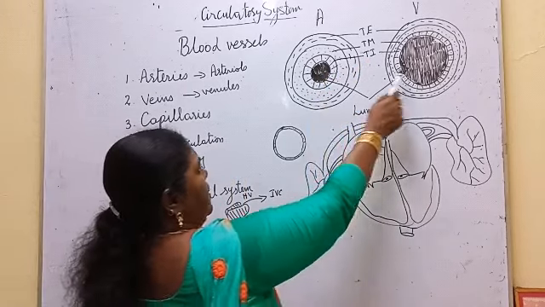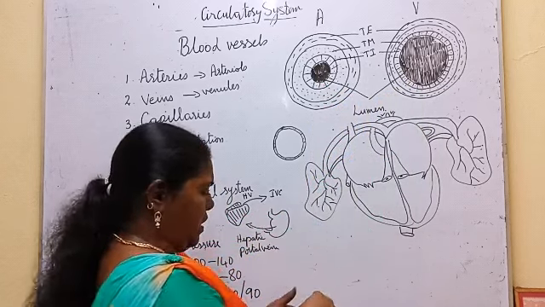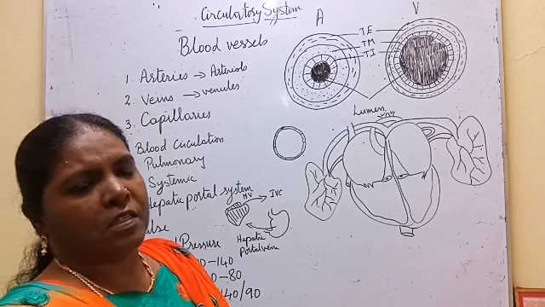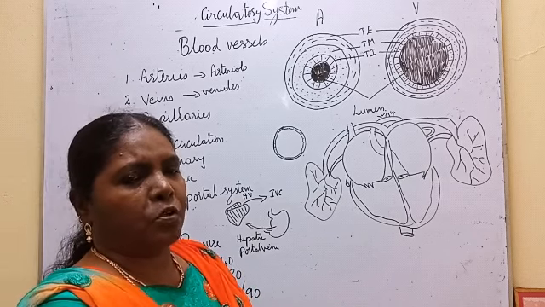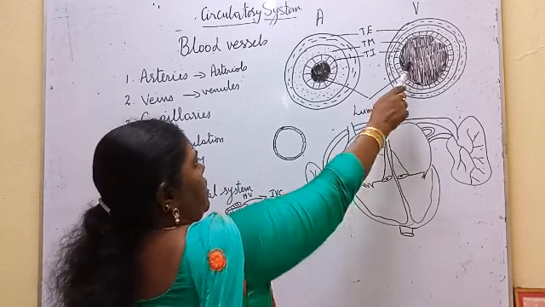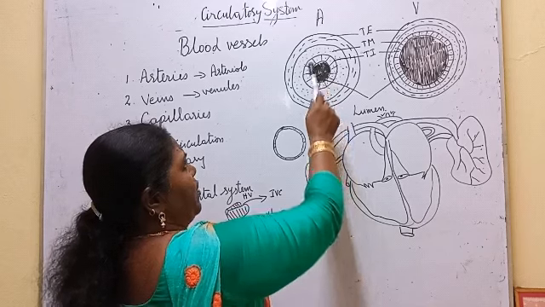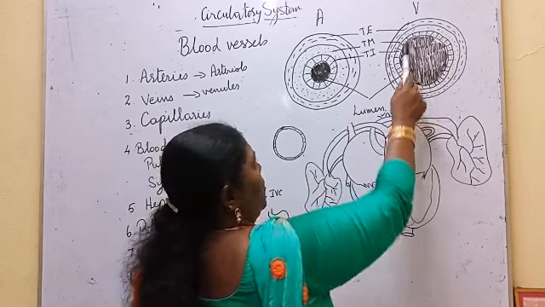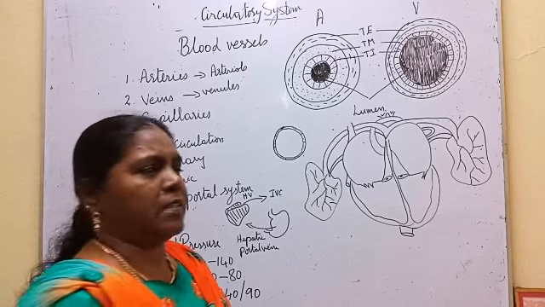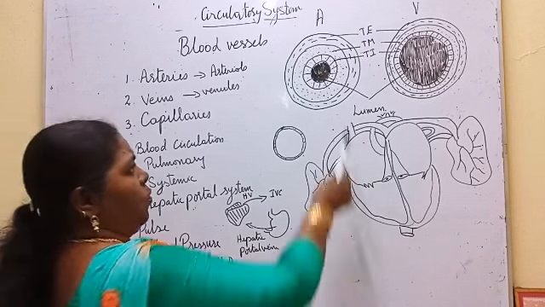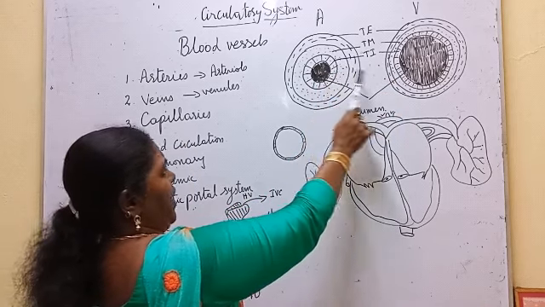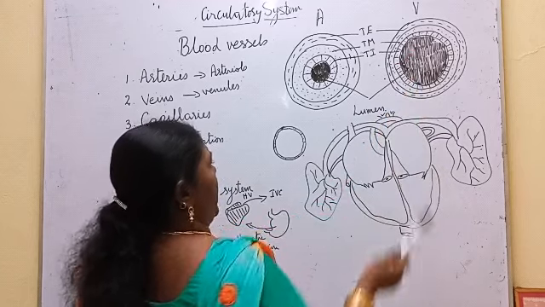What I have drawn is the lumen. Lumen is the space through which the blood flows. Arteries and veins are tubular structures, and through this tubular structure only the blood is transported, so these are called lumens. Arteries have a narrow lumen, veins have a broad lumen. So differentiate between arteries and veins; quite often they ask this question. Thick wall and narrow lumen for arteries, thin wall and wide lumen for veins.